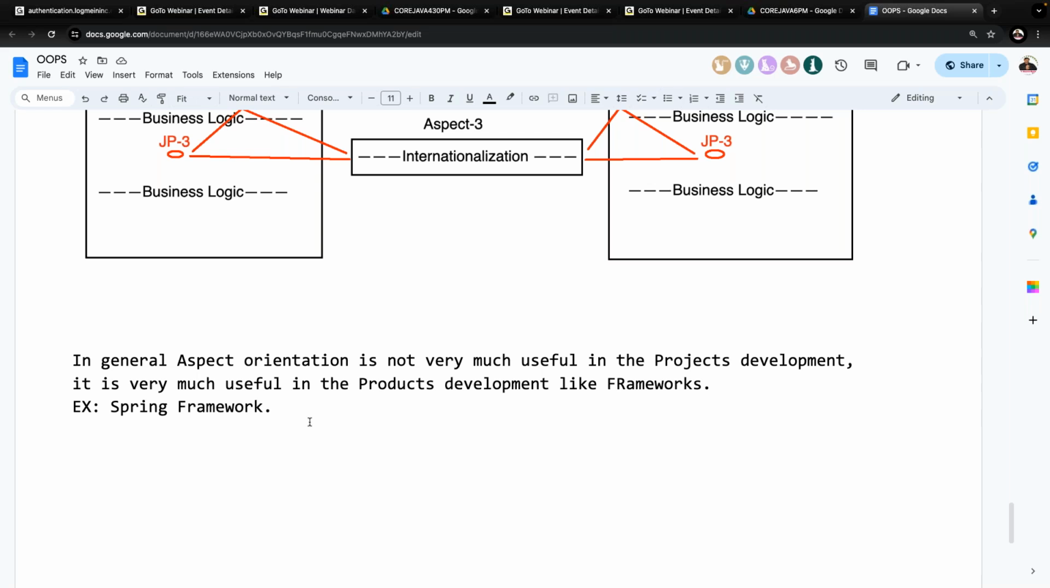Now understand it. How is it possible for the Spring Framework to provide this type of support? It is because of two modules in Spring Framework. The first one is dependency injection, and the second one is AOP, aspect orientation. Because of these two modules only, Spring Framework is able to provide this much support for